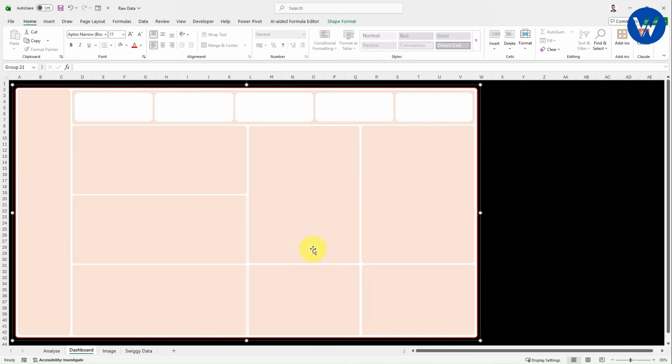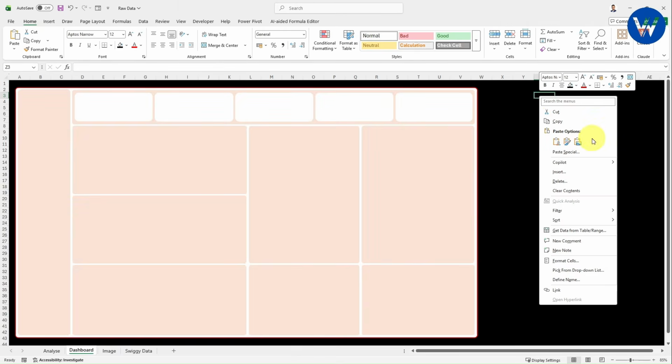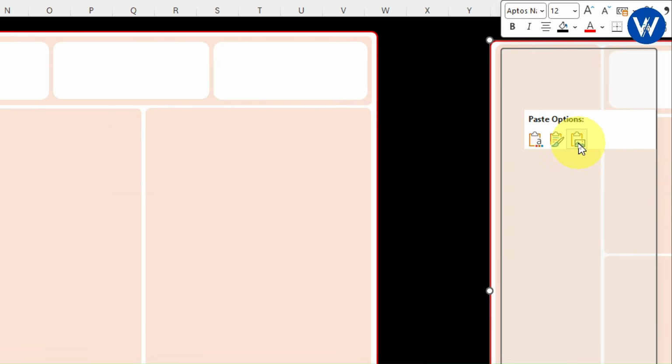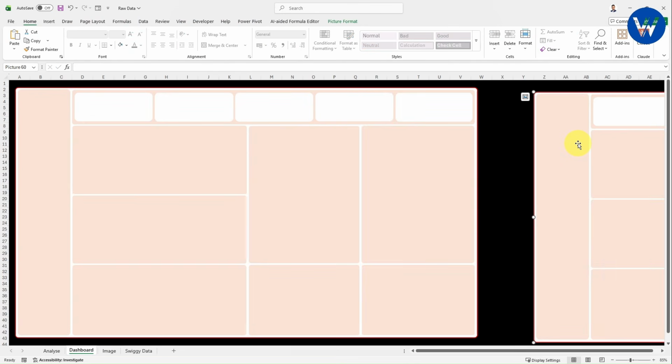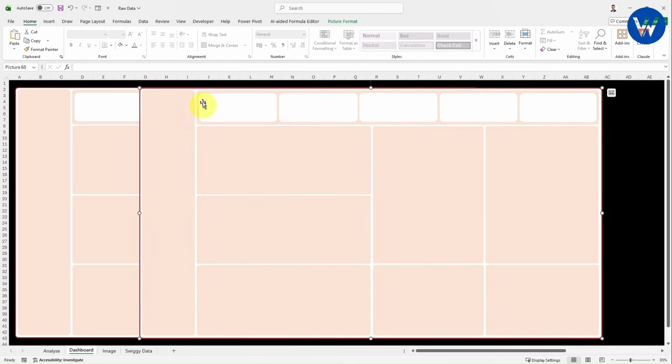Now this complete dashboard design layout is looking like a single image, right? Now what I will do, I will simply copy this, press Ctrl C on the keyboard. Now I will keep my cursor at the right hand side. I will right click on this. Now I will simply click on this picture icon available. Once I click on this picture icon, after pasting we will get the picture which is the dashboard design layout. Now on this picture only we will create an interactive dashboard.